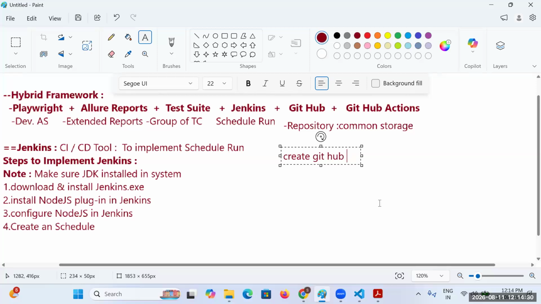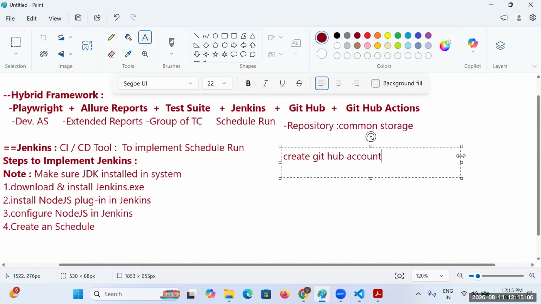What is meant by GitHub? Everything I will be explaining. Again, it also needs to be done with the settings only. Because of that, I'll explain tomorrow. Today we'll get confused. First, I can complete Jenkins for tomorrow's session. And by tomorrow, make sure that you are creating one GitHub account. You can go ahead and create that GitHub account here.